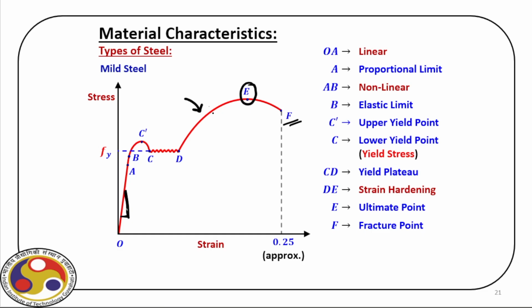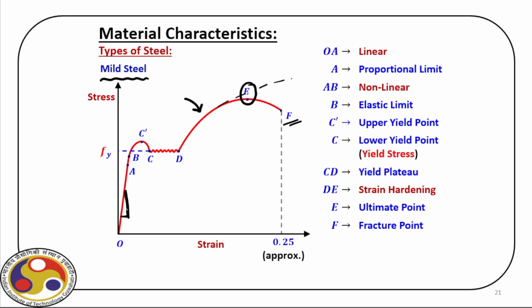Now all of you know there is a property of necking. Actually it goes like this, but again we are not going into those details. That is not the purpose of this discussion. The point to be noted here is that this is the stress strain behavior of the mild steel bar.